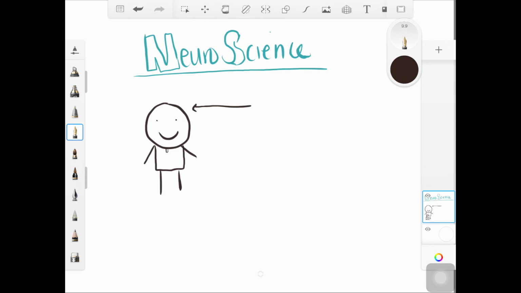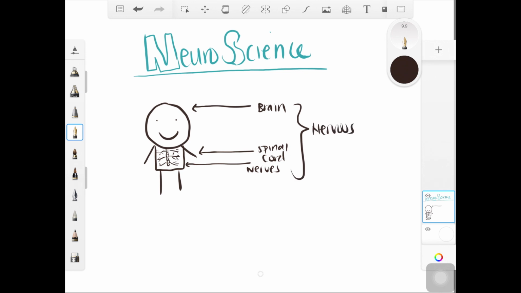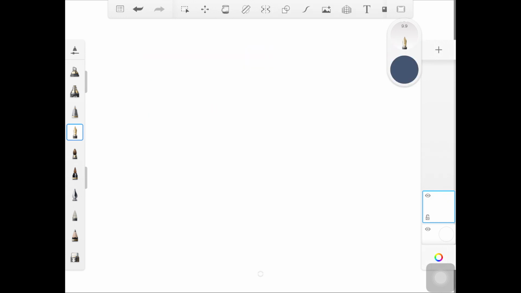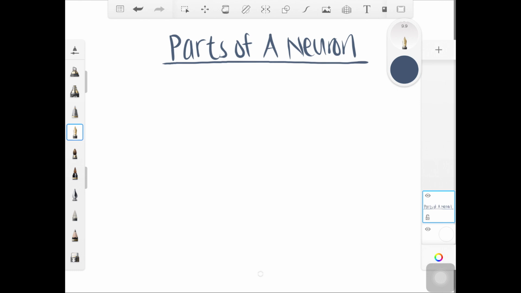Neuroscience is the study of the nervous system. The nervous system consists of neurons and glial cells. Neurons are the basic unit of the brain. The neuron consists of the cell body, dendrites, the axon hillock, an axon, myelin sheath, nodes of Ranvier, and the